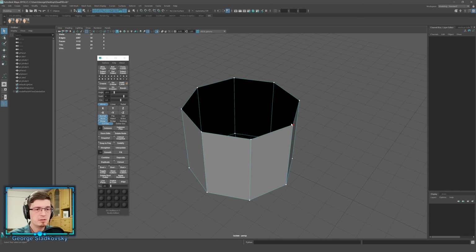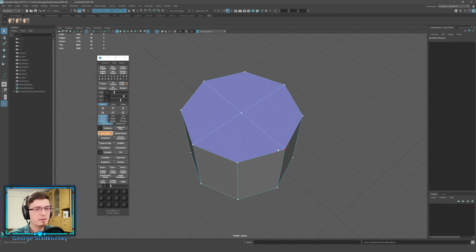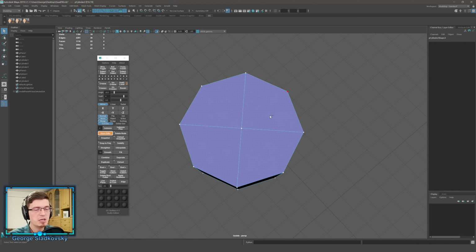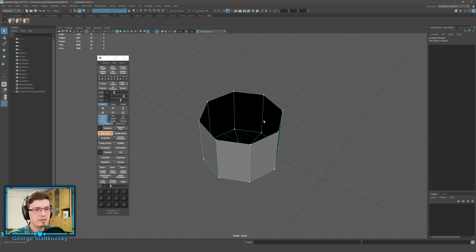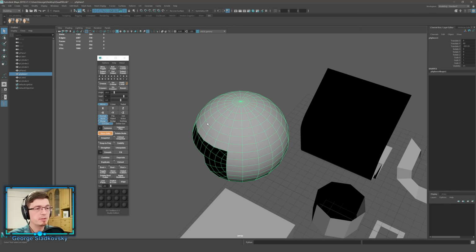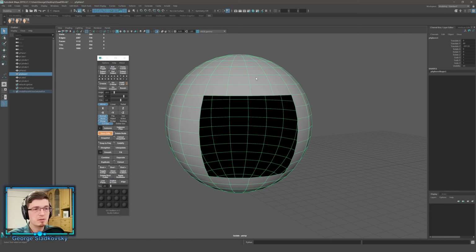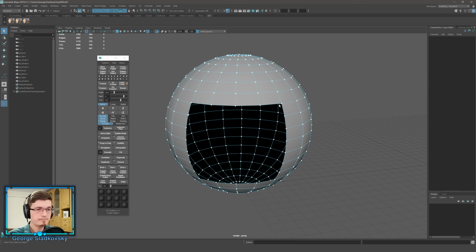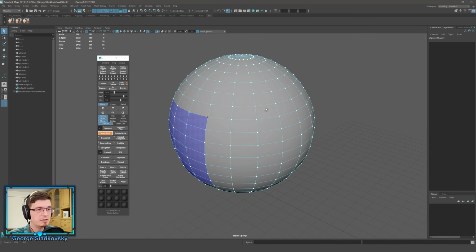So let's look at some other examples. For example, let's just click this one vertex and fill. As you can see, perfect fill. And if I select two vertices like that, it just rotates the whole shape because there's not a lot of variance it has over here to actually fill this. And the most complex example here is this sphere. Not only does it have different number of rows and columns, it also has this curvature. So let's try to fill it. And as you can see, it fills the